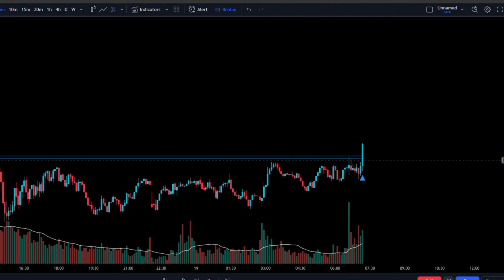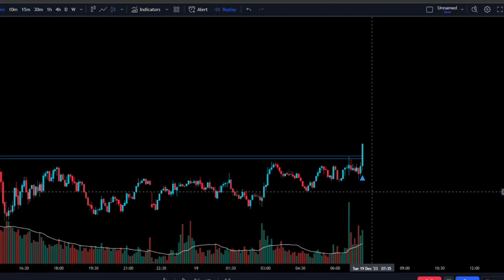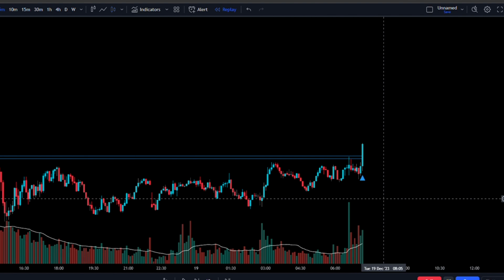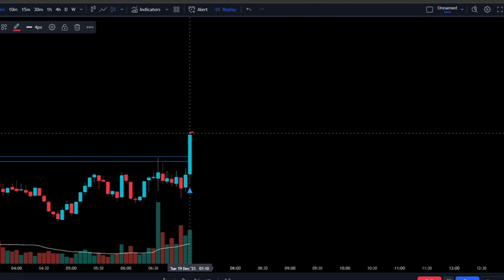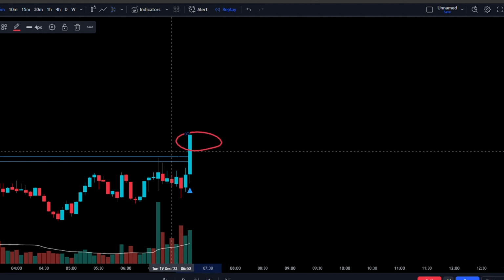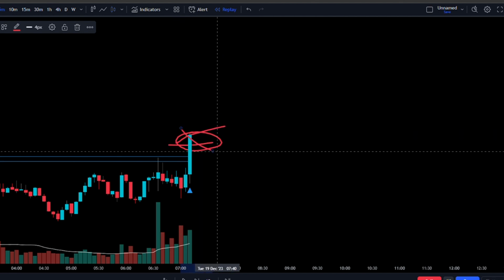As we can see, price has broken above the blue resistance level, and we also have the triangle underneath telling us that price has just broken above the resistance. So now we need to verify the candlestick pattern and make sure the wick does not consume 75% of the candle's body. For example, if the wick came down to here, we wouldn't be taking this trade as there's too